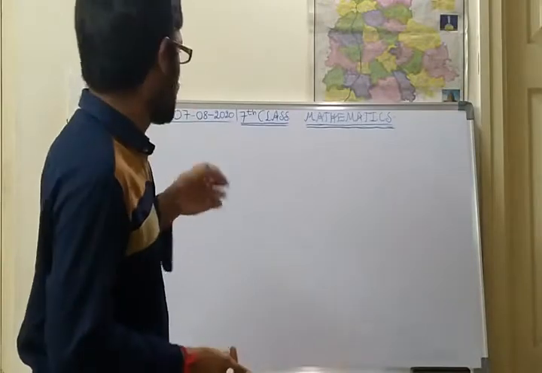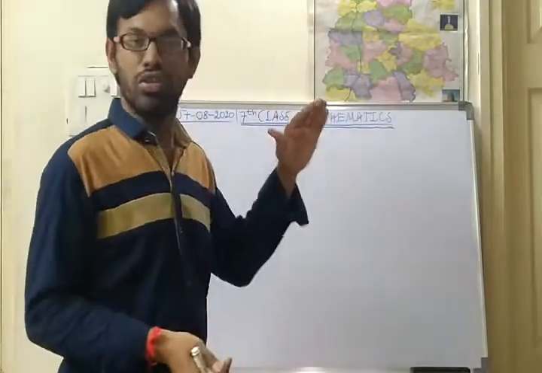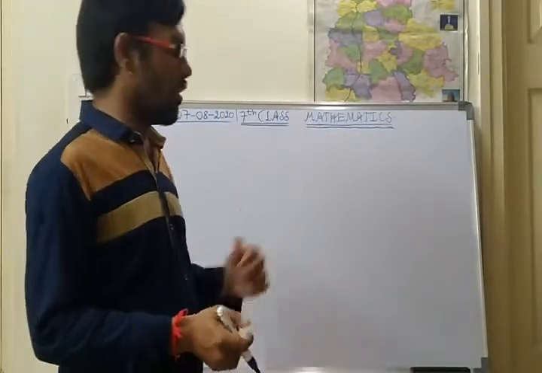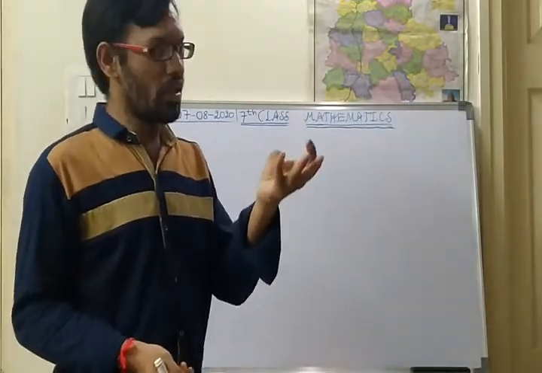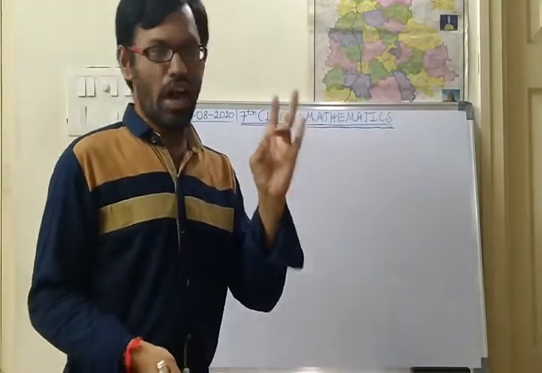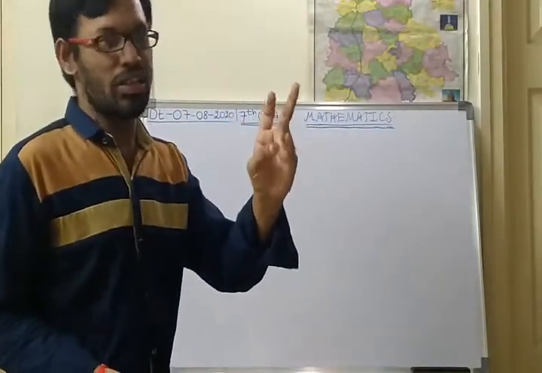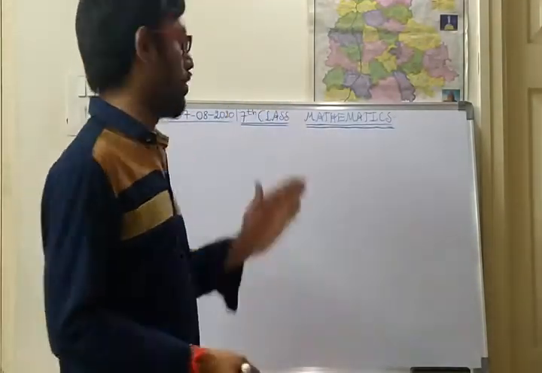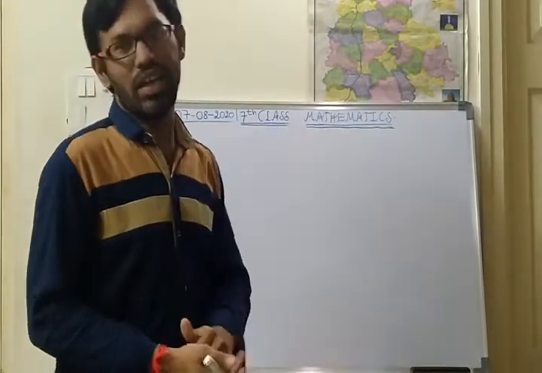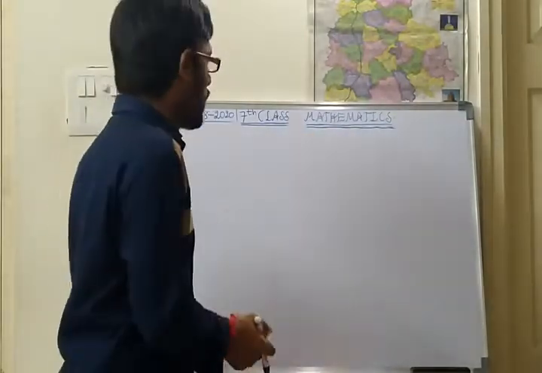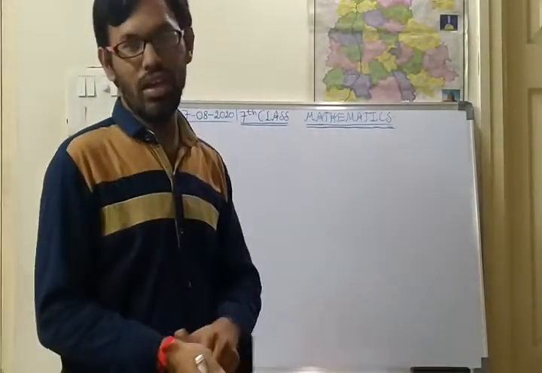In the previous class, we discussed the properties of integers under addition. What are the properties we have seen? One is closure property, next commutative property, next associative property, next additive identity, next additive inverse. Like this we have seen the 5 properties under addition. All the properties are satisfied for the integers under addition. You have also done the homework that was given, very good.